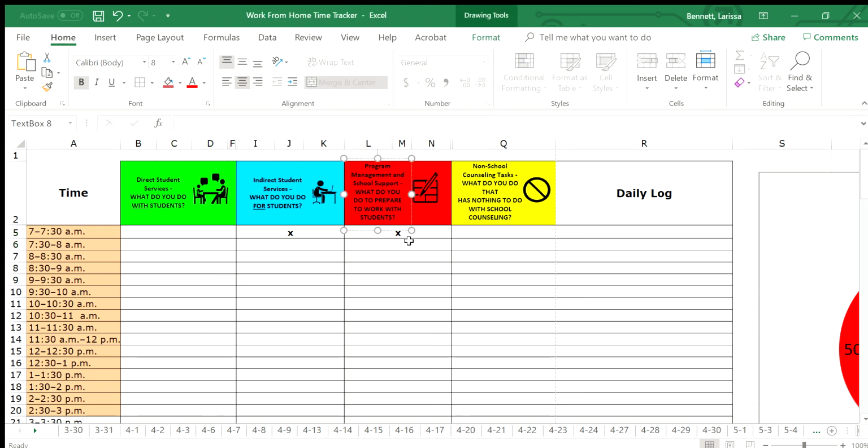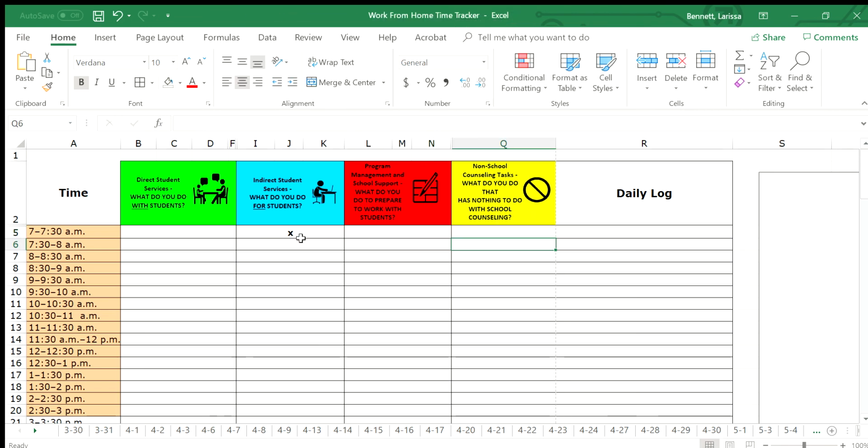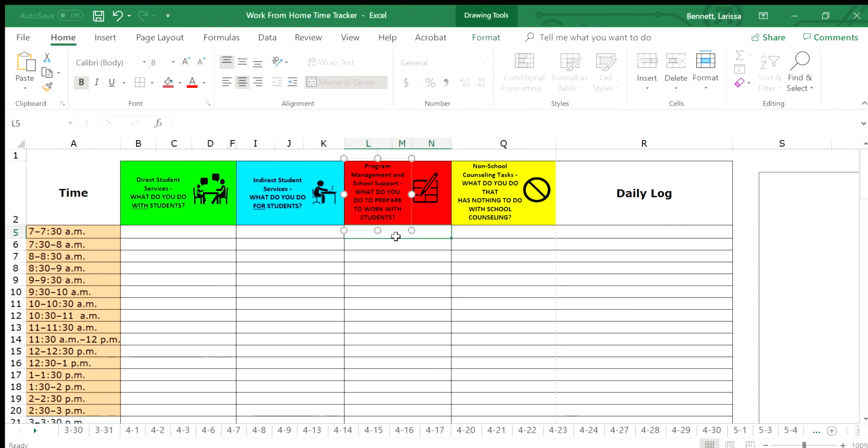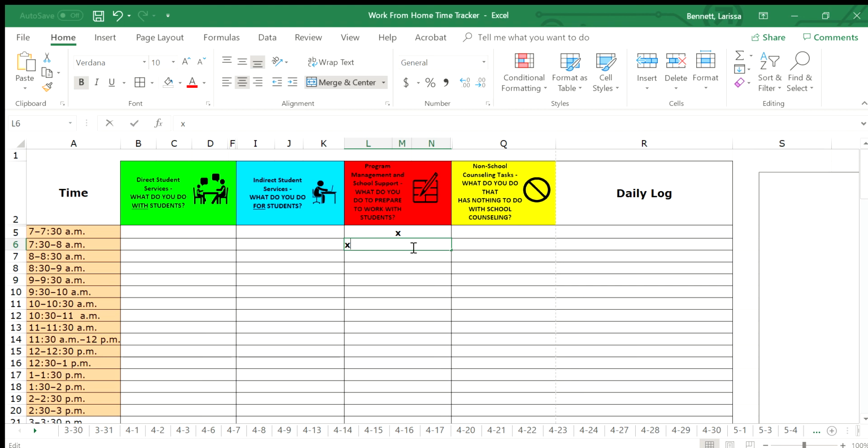Wherever you count it, the only thing I would say is make sure that you're consistent with where you're counting those emails. So your principal was busy last night, sending you lots of emails. They want you to check on something. So this morning I am going to spend some time checking my emails. I'm going to put an X or a mark. It does not have to be an X. It can be a Y, it can be a P, it can be whatever you want it to be. It's just a mark. It really doesn't matter.